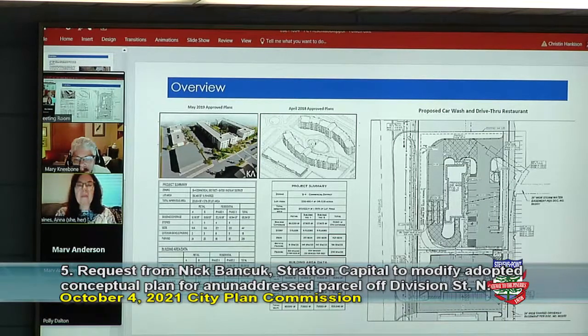Our zoning code is pretty stringent on the ability for staff to approve minor amendments for an approved conceptual plan through the plan development rezoning process, specifically a 10% increase or decrease in setbacks and height and gross floor area. Now, this request would exceed that threshold, so the first item on this agenda would be to review the proposed